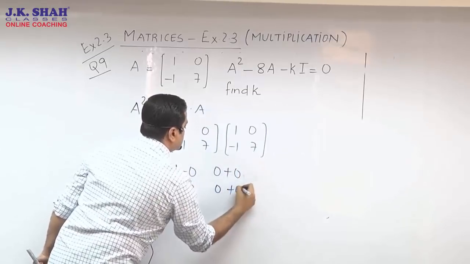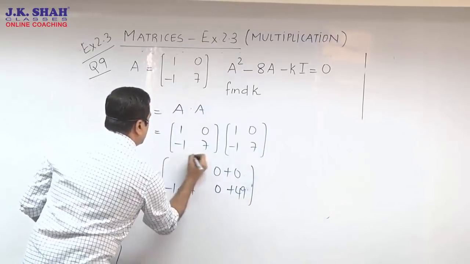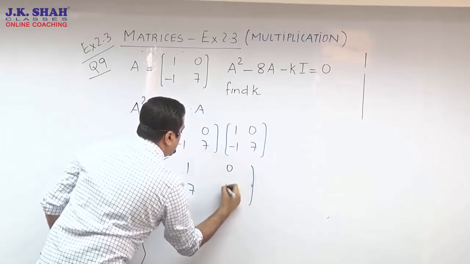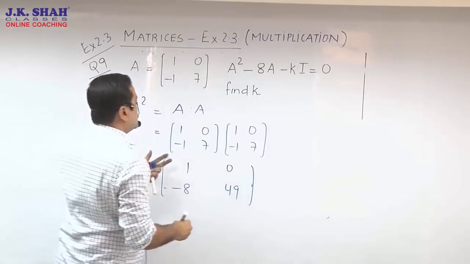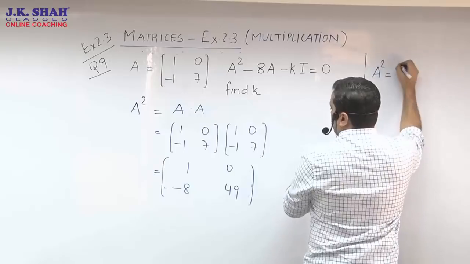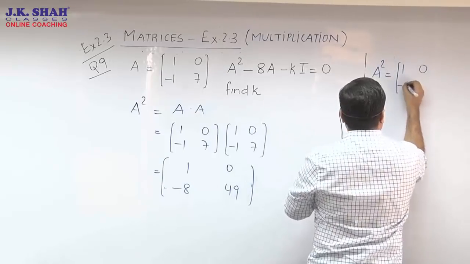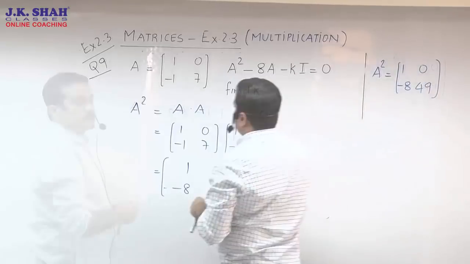Sorry, excitement में बड़ा 9 लिख दिया. So that's going to be 1, that's going to be 0, that's going to be 49, and this is going to be minus 8. So before I proceed, I'll just copy my a square का answer. Now you all must be used to मैं इधर जब मूव होता तो क्या कर रहा हूँ. I'm just trying to preserve my answer, creating space for my आगे का sum. So that's my answer for a square.